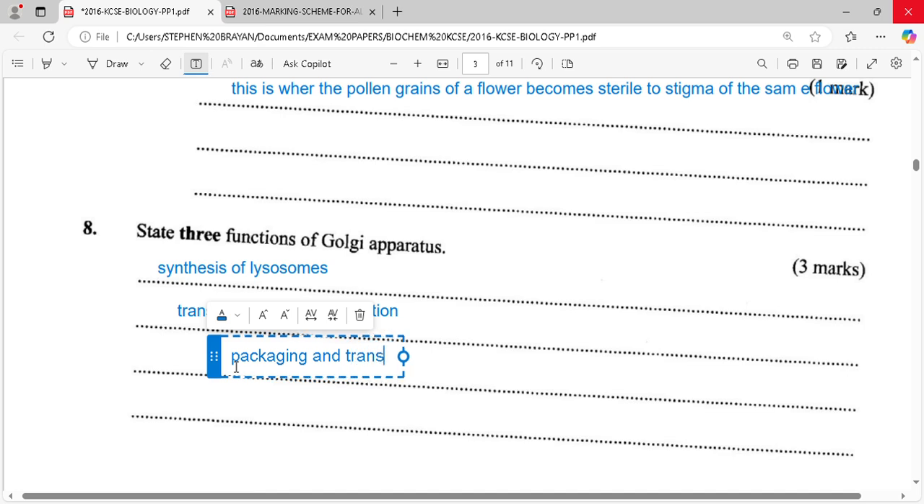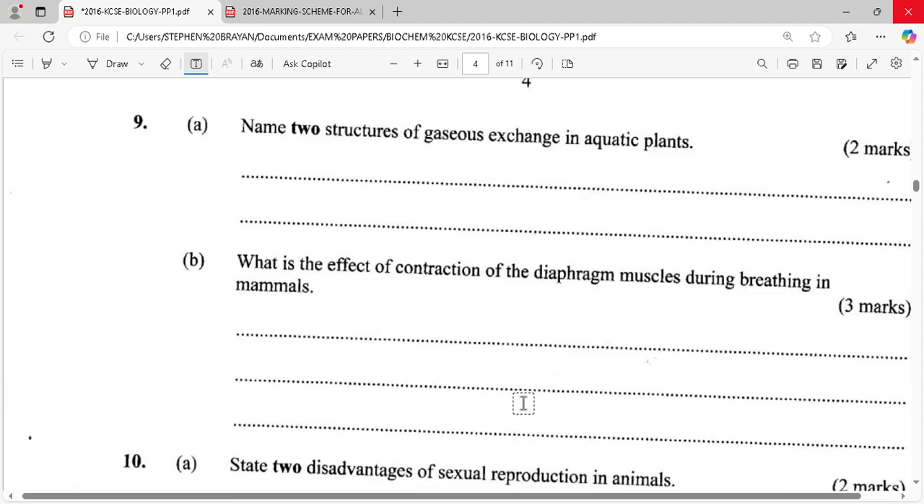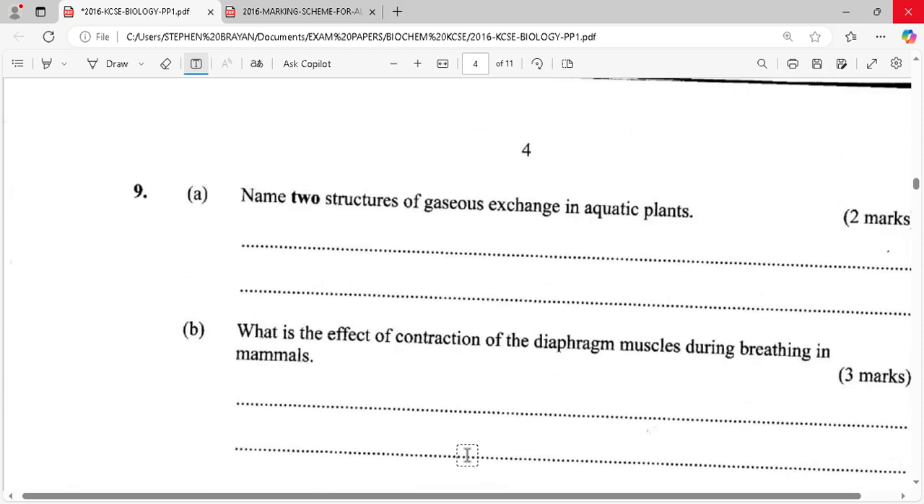And then we have the last one, which is packaging and transportation of glycoproteins. Remember, the words must be packaging and transportation. They have to go hand in hand. So we have covered the functions of the Golgi apparatus: synthesis of lysosomes, transportation of cell secretions, and packaging and transportation of glycoproteins. And then we go to question 9, where we are asked to name two structures of gaseous